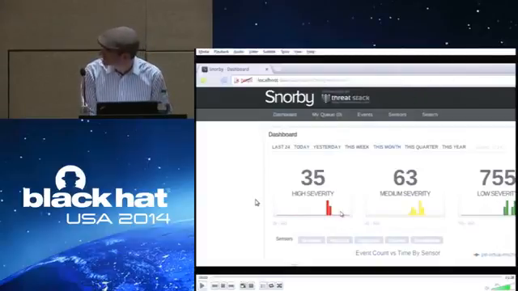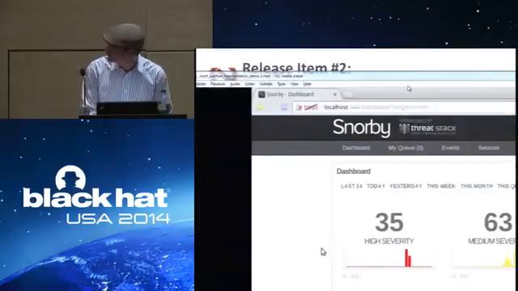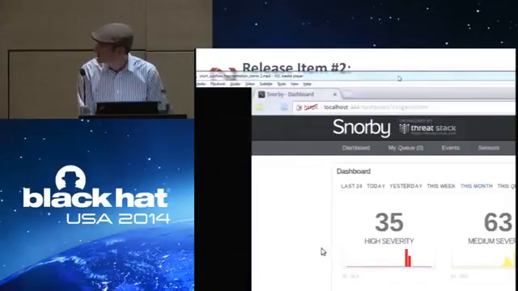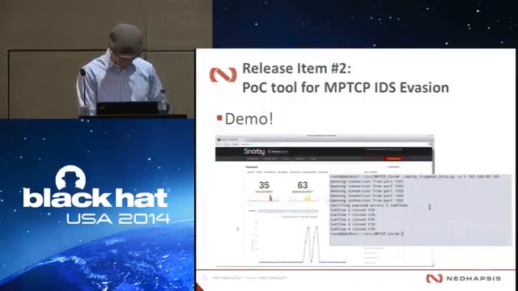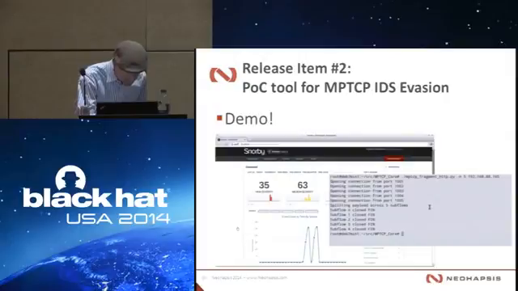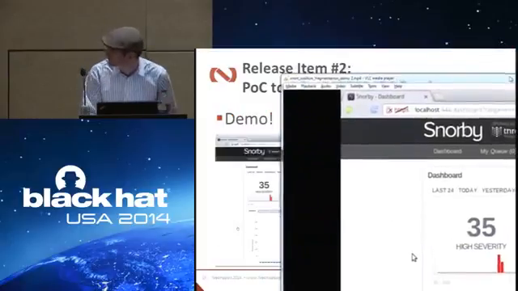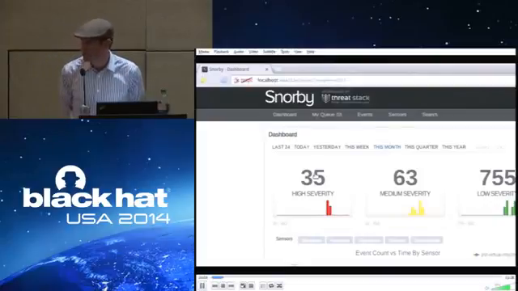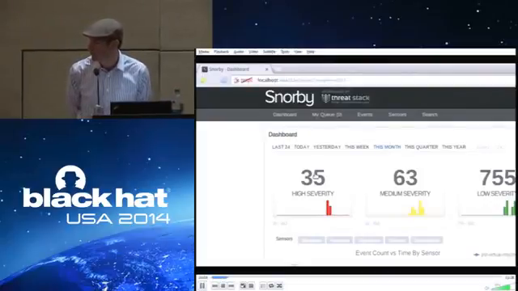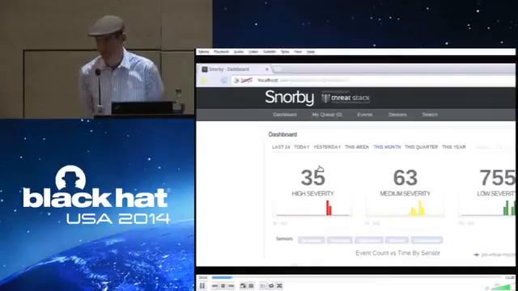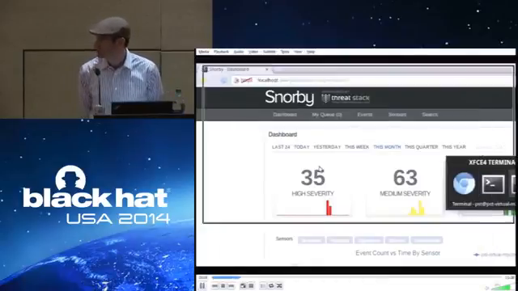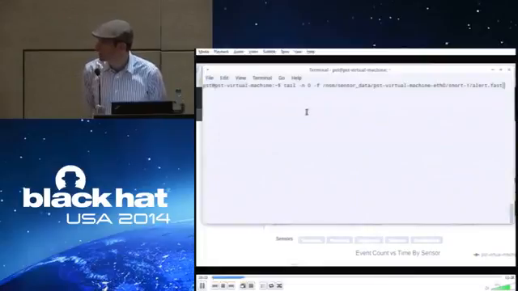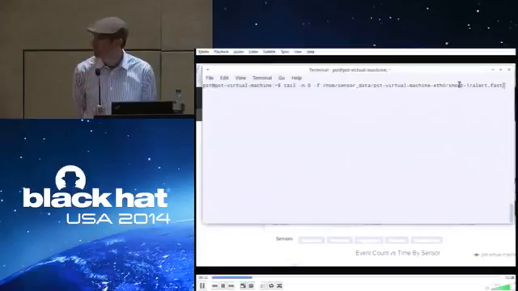Actually, I can't see it started. Aiming off to the side. There we go. All right. We're using Snort here just as an example. This works just as well on any of them. There's a really cool distro called Security Onion. If you want to play with IDSs, definitely check it out. So the UI would be a little bit slow for us. We're just going to tail the alert log here. So anytime we get an alert, it'll pop up right there.